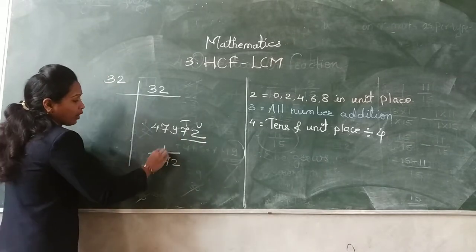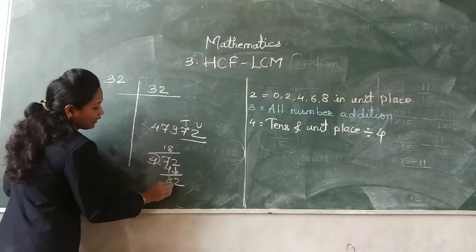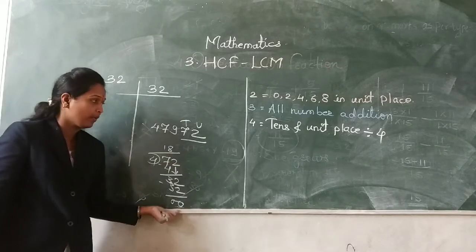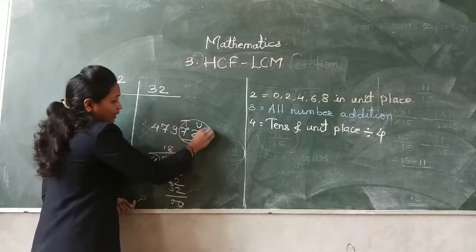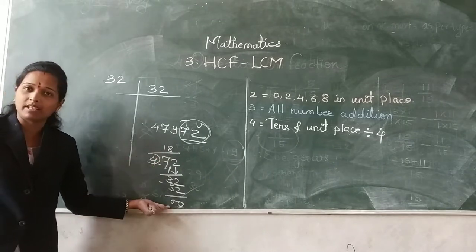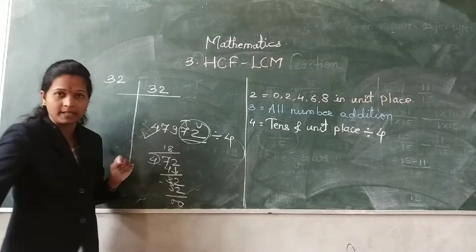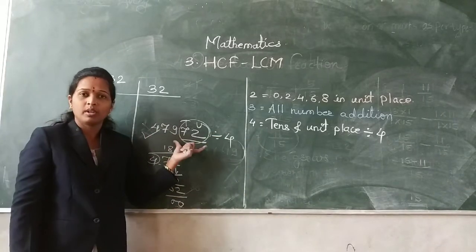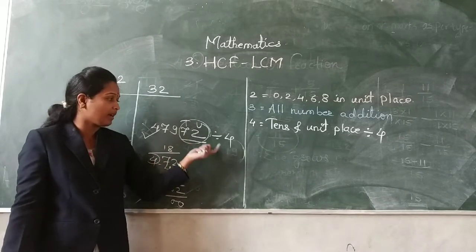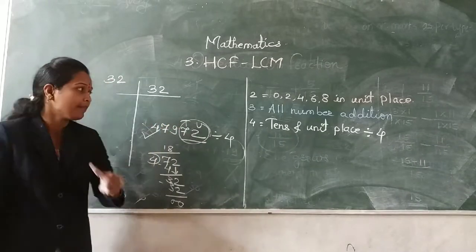So divide it. 4 ones are 4. Next number, and 4 8s are 32. It means our division is completed. Remainder is 0. So the tens and unit place are divisible by 4 and our answer comes properly. It means remainder is 0 and that whole number is divisible by 4 properly. It is not necessary to divide that 5-digit number by 4 and check whether it occurs in the table of 4. Only do the division of the tens and unit places.